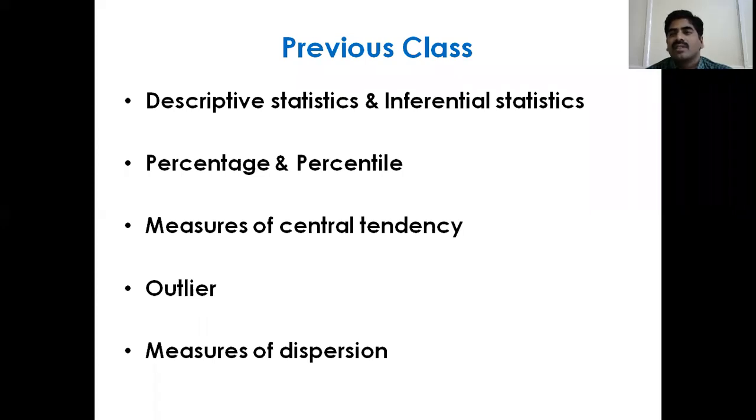So what is the best measure of central tendency? Mean is the ideal measure of central tendency, because in most cases in data analysis we exclude the outliers. First we have to identify the outliers, then exclude all outliers, then you will get the homogeneous data. Then you can apply mean in central tendency and standard deviation in dispersion. The ideal measure of dispersion is standard deviation.